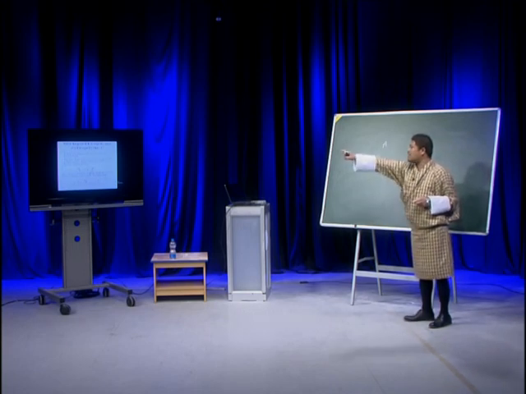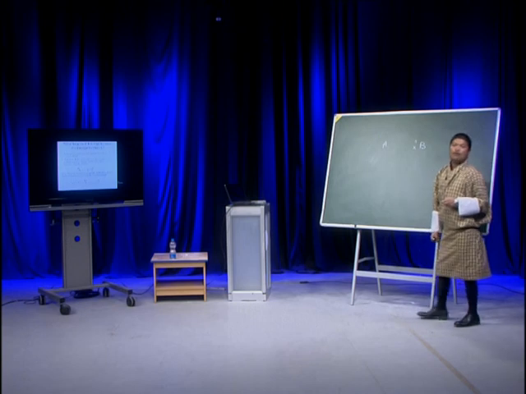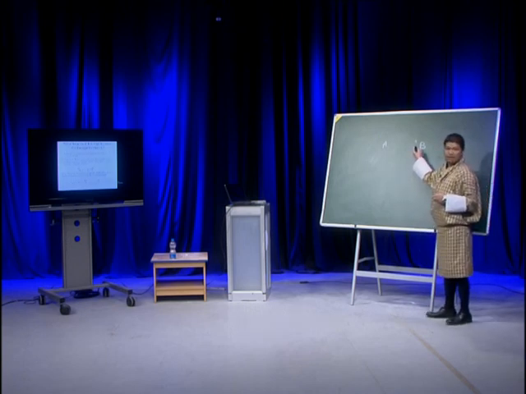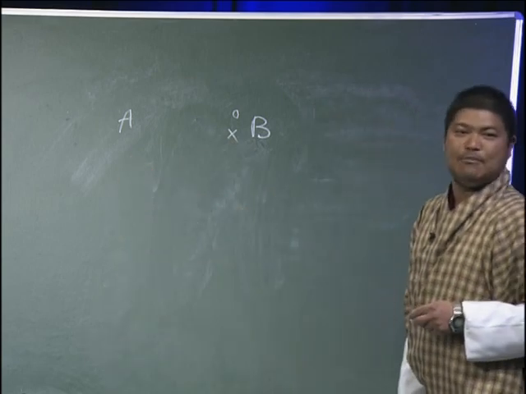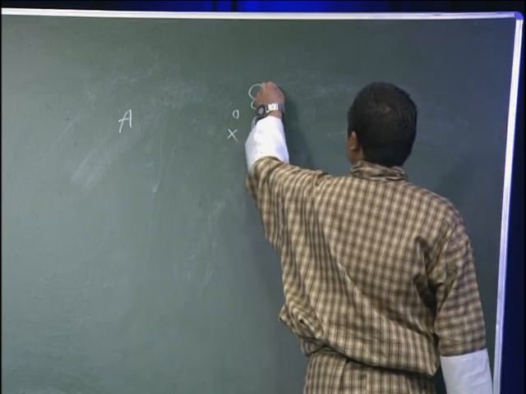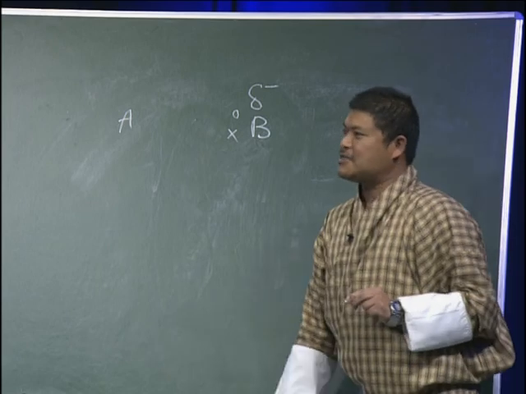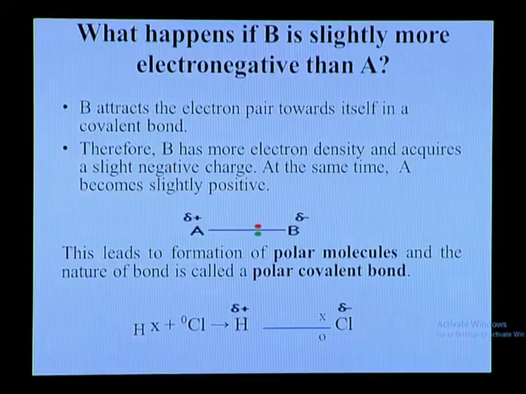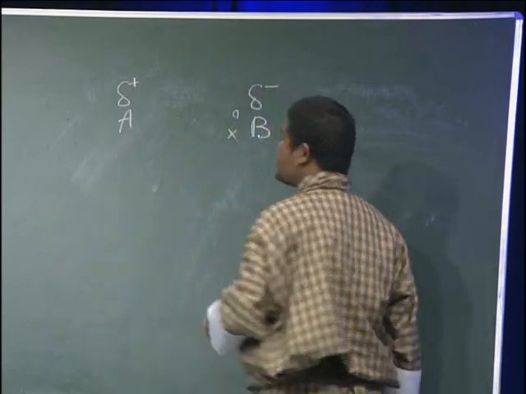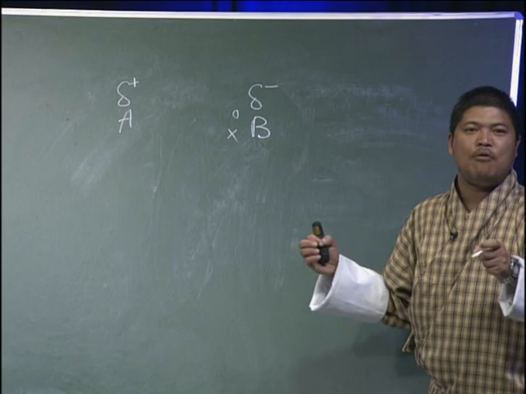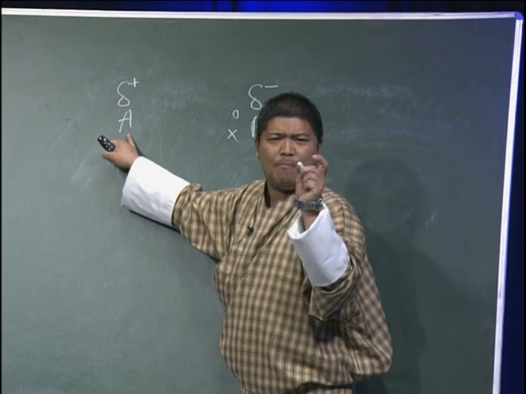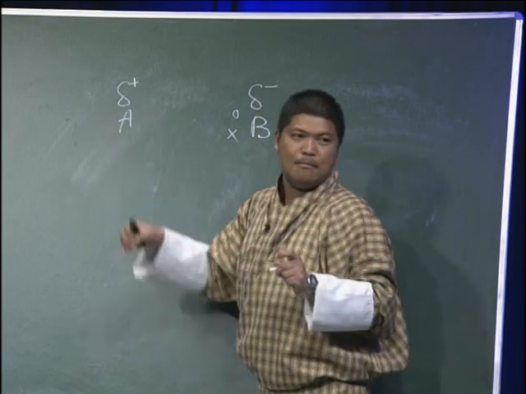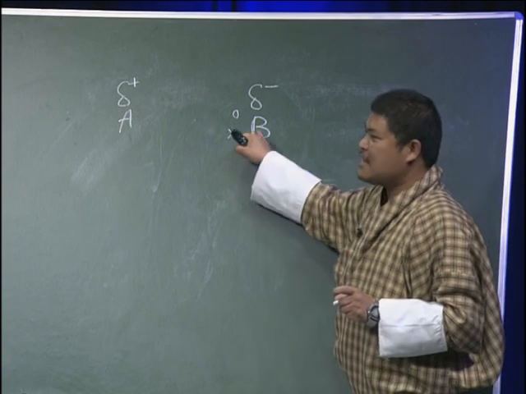So B attracts the shared pair of electrons towards itself in a covalent bond. If B is more electronegative, the shared pair of electrons will be more towards the B side. Therefore, B has more electron density and acquires a slight negative charge, and at the same time A becomes slightly positive. So we see that there is a development of partial positive and negative charge. Here A has developed a slight or partial positive charge, delta plus, and B has developed a slight negative charge,